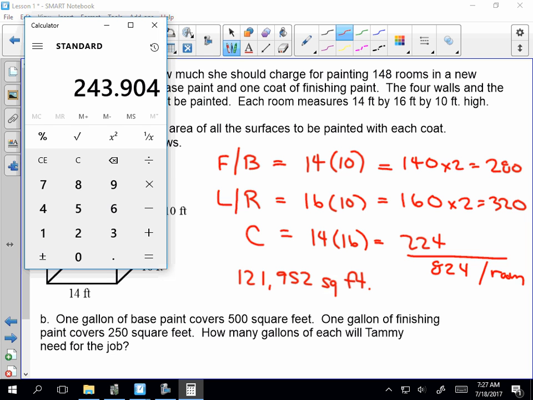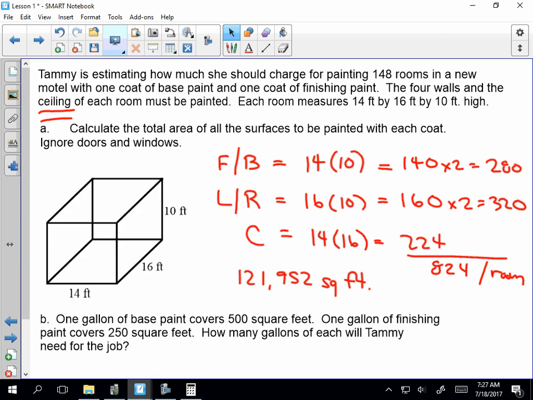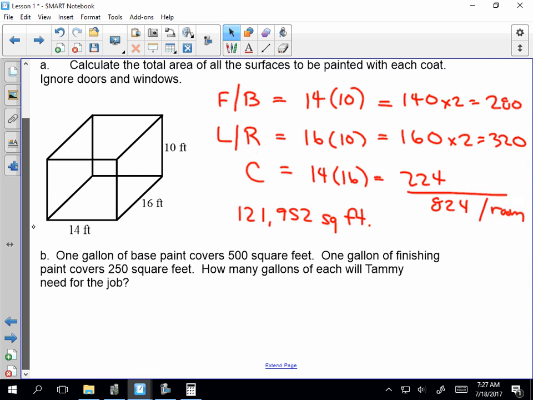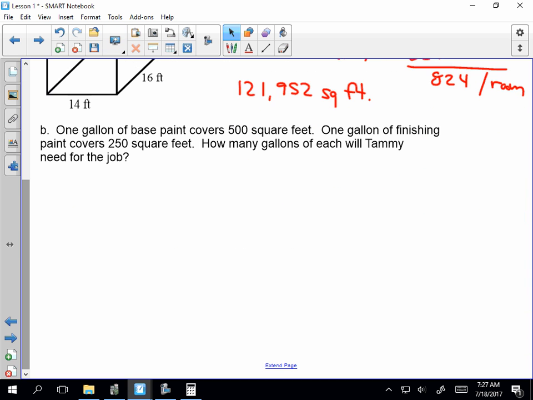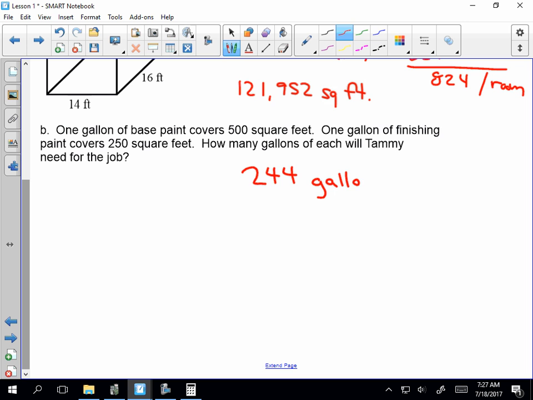So when we're looking at these estimations of amounts, we have to take our value, and it doesn't matter what the value is. If it's a 0.1, if it's a 0.001, you need to always round up to the next amount. So we need 244 gallons of base paint,